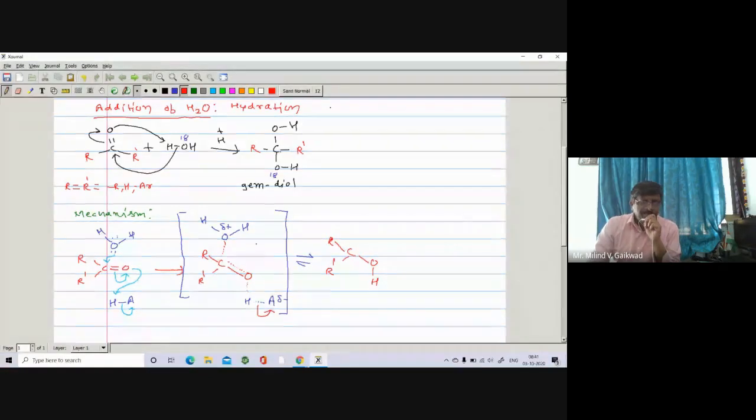At the same time, there is a formation of bond between this water, O and H. Oxygen carries a positive charge. So further, this sigma bond will open on the oxygen. There is a neutralization of the positive charge. So it undergoes deprotonation, and you are having R, here is a C, here is R dash, here is a O, here is a H, further here is a O and here is a H. Means you are having a gem diol. Gem diol. So the reaction takes place in the presence of acid.